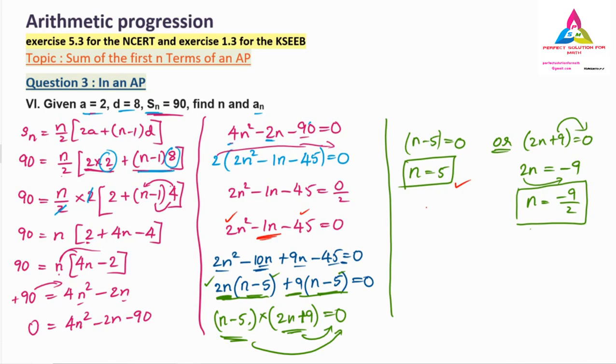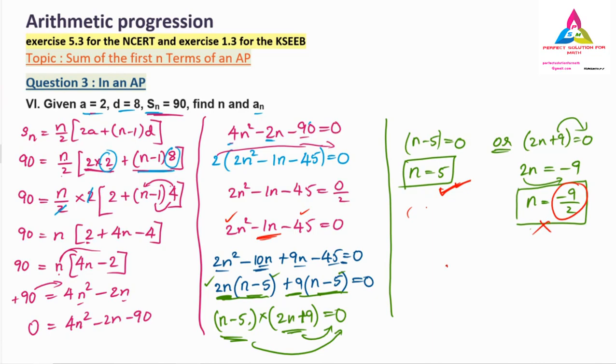So the important thing is, the n value is always more than 0, or sometimes it may be taken as 0 also, but most of the time it will be a positive number. If n is 0, we will not have any sequence at all, remember that. So n may be 1 or more than 1, and here we have to find the positive value only. So n equals 5 is our correct answer, not this, because here the n value is negative and a fraction value. If you do 9 by 2, you are going to get 4.5. So it is not the answer.